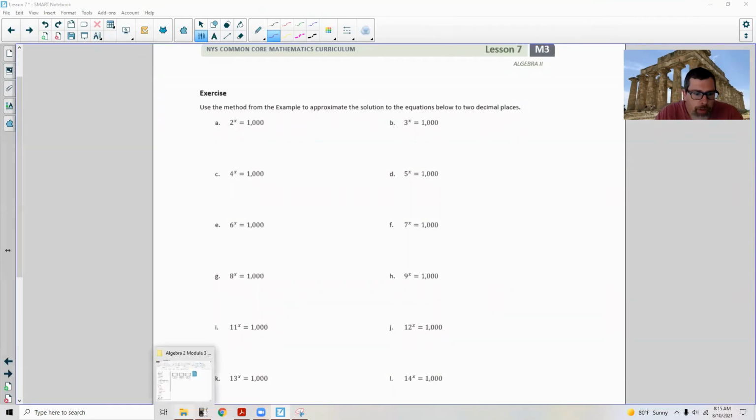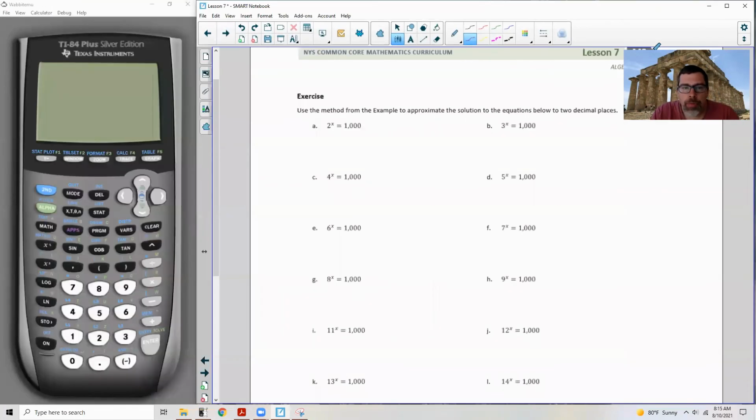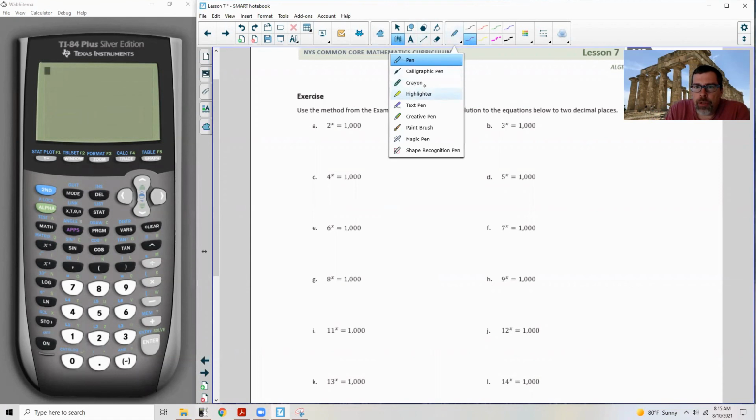Okay, page 4 brings us to an exercise. Now it's your turn to practice this process. It is going to be pretty tedious, but we're solidifying something here, so be patient. It says to use the method from the previous example to approximate the solution to the equation below